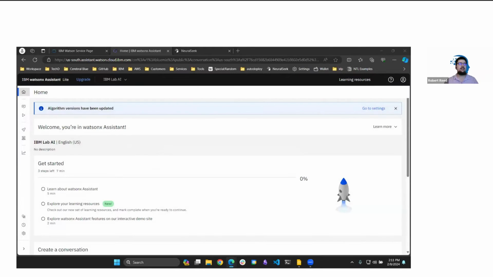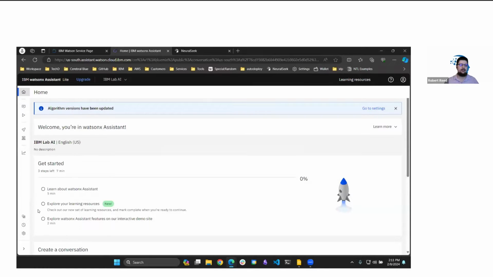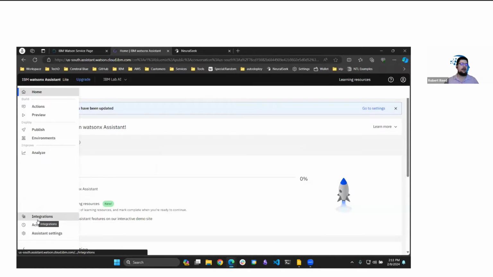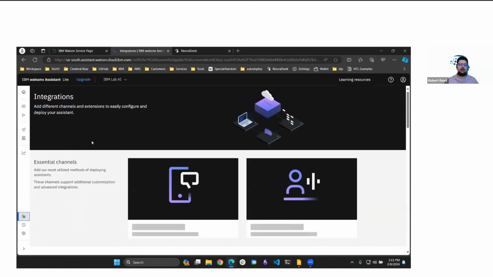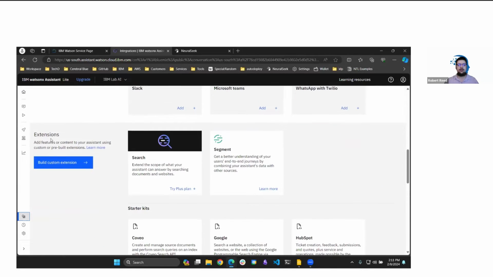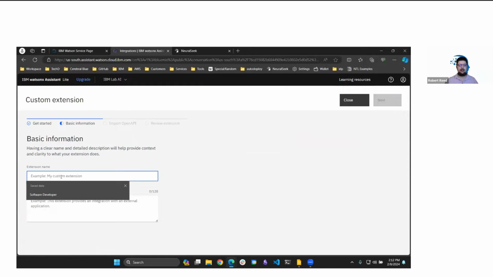So our next step is 1.3 on the lab guide. It's adding NeuralSeek as a custom extension. We've got to connect Watson and NeuralSeek. So we're going to head over to the sidebar and Assistant and check out the Integrations tab. From here, we're going to scroll down until you get to the extension section and build a custom extension. There's a little intro about custom extensions. We can continue next. Name the extension